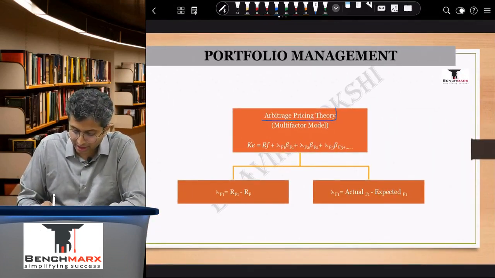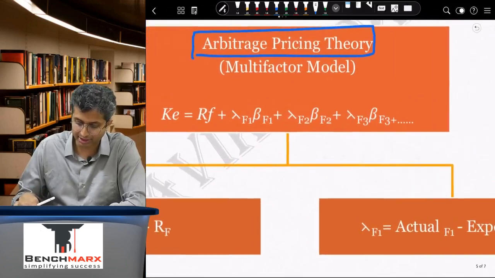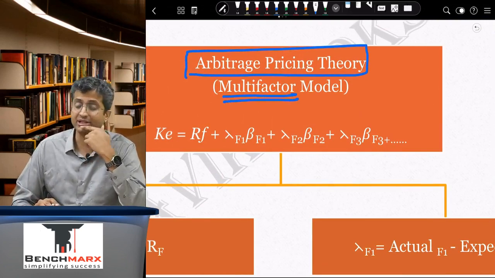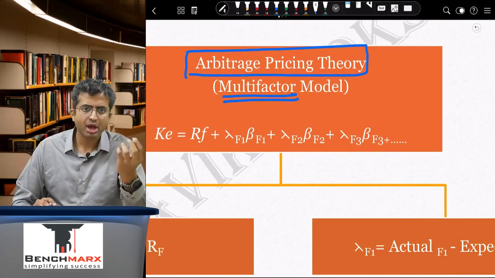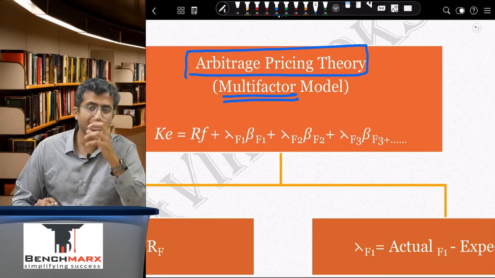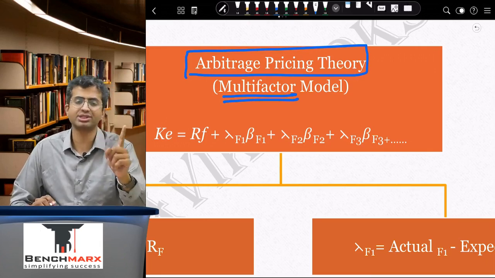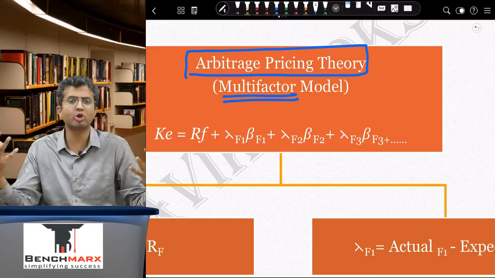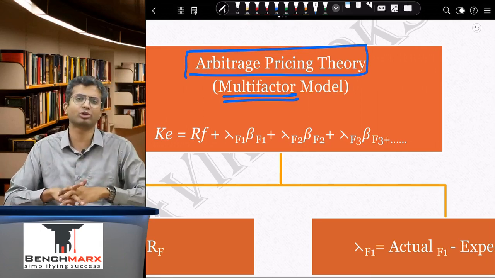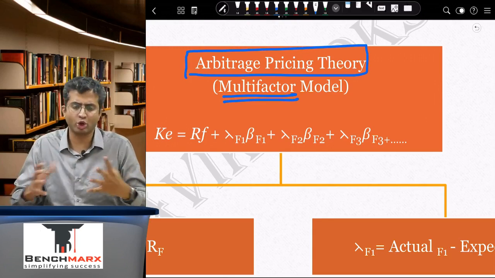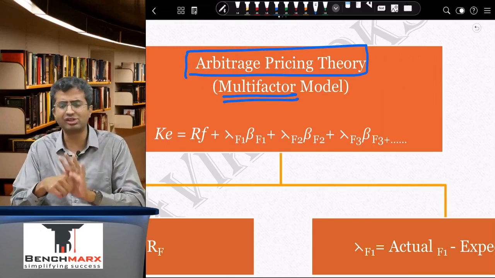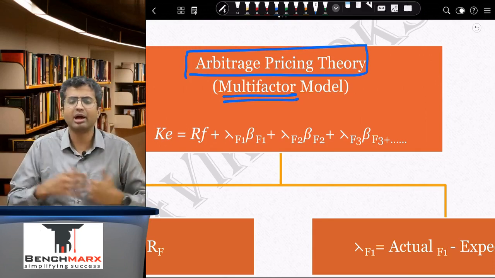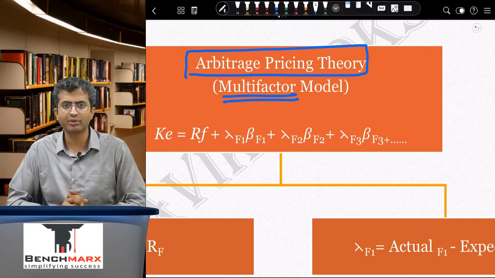The next theory over here is like an arbitrage pricing theory, also called as a multi-factor model. What is the arbitrage pricing theory? Well, this originates from the drawbacks of CAPM. So CAPM does the working only based on a single factor, that is the market. So William Sharp assumes that every macroeconomic event has to have an impact on the market. So if there is a macroeconomic event like a change in the exchange rate or changes in oil prices, they will be factored into the market, and hence they should be affecting your required return. However,